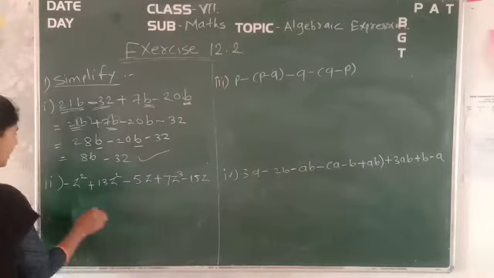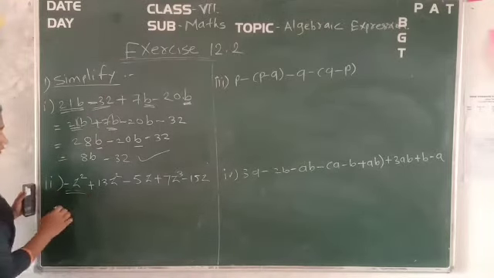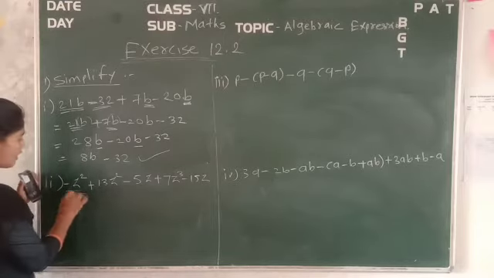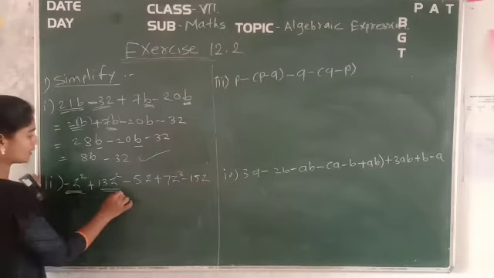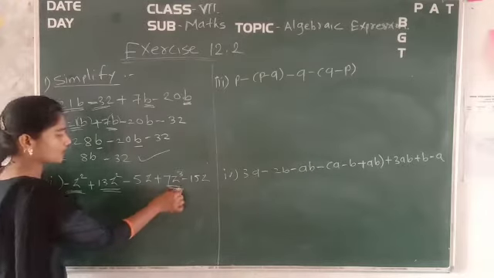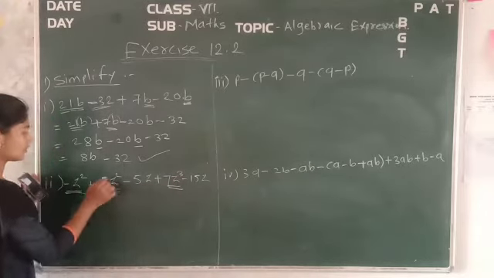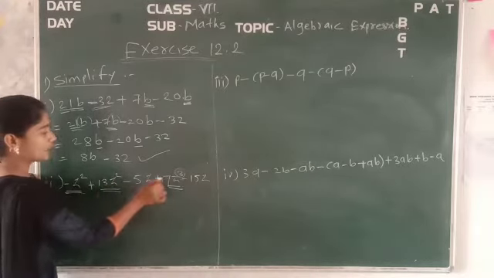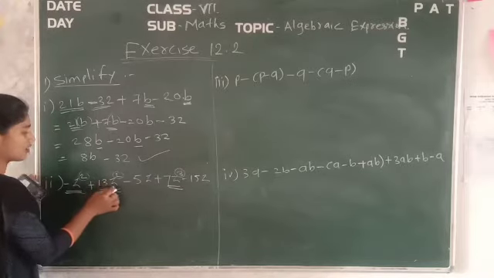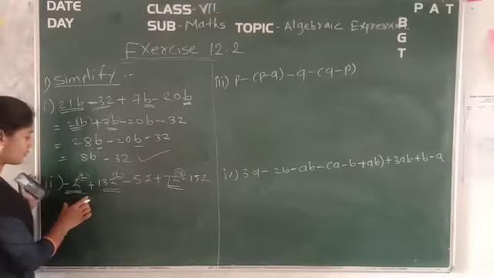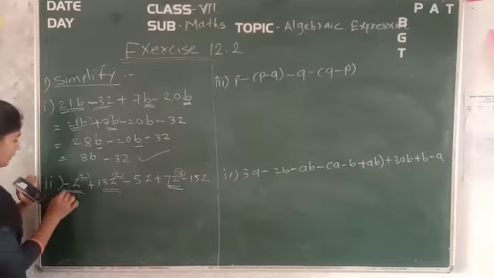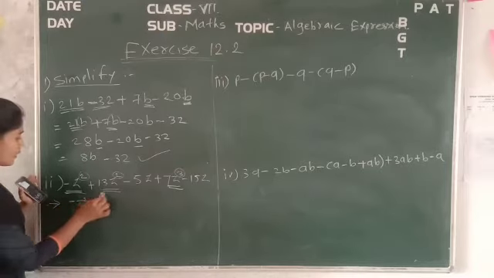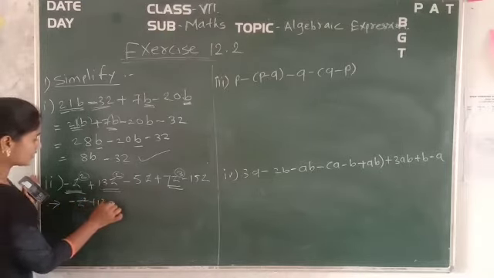Okay. So take the like terms, that is the square terms. First of all, we will gather the square terms: minus z square, minus 13z square, and again here is z square. And the z cube is z cube. It is square and square. So first of all, you can take the like terms towards each other. That is, it will be minus z square plus 13z square.